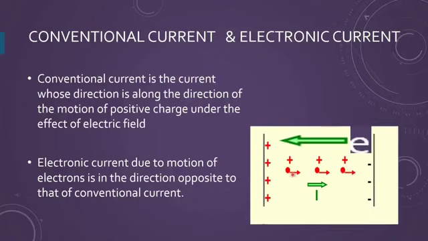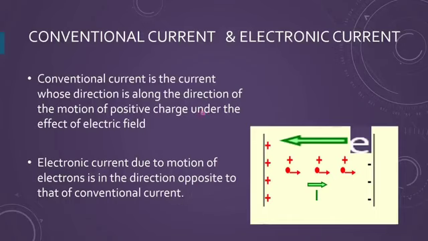So the direction of the conventional current is always from positive to negative by convention, because earlier, when the internal structure was not studied, by convention we took the positive at higher value. But if you see the electrons, they are always moving towards the positive plate. So electrons are moving in a direction opposite to the conventional current. This should be known to you. So electronic current is always in a direction opposite to the conventional current.